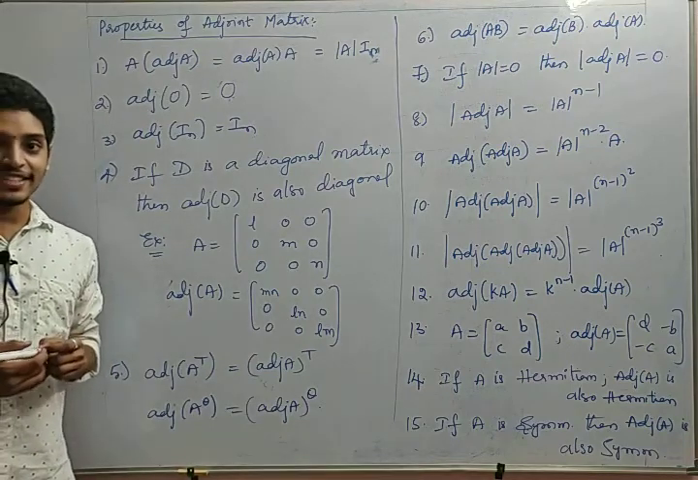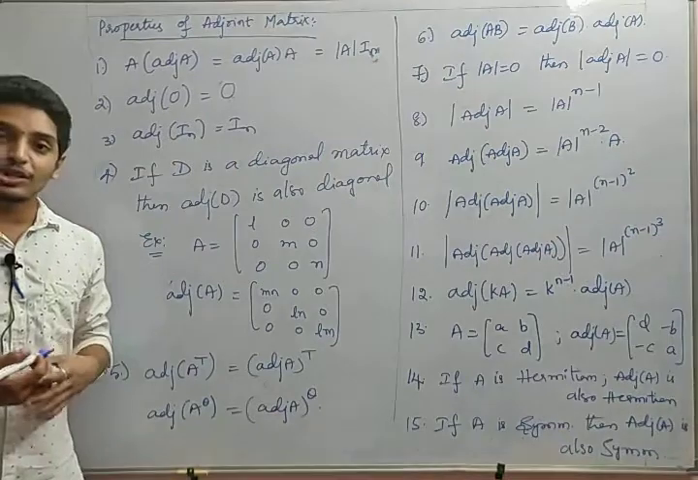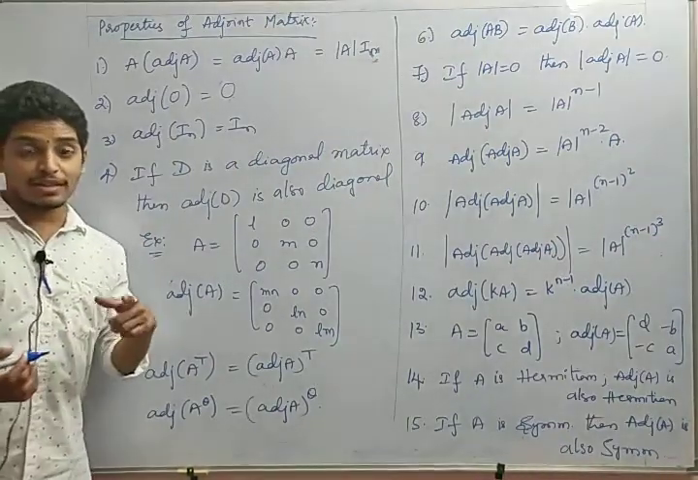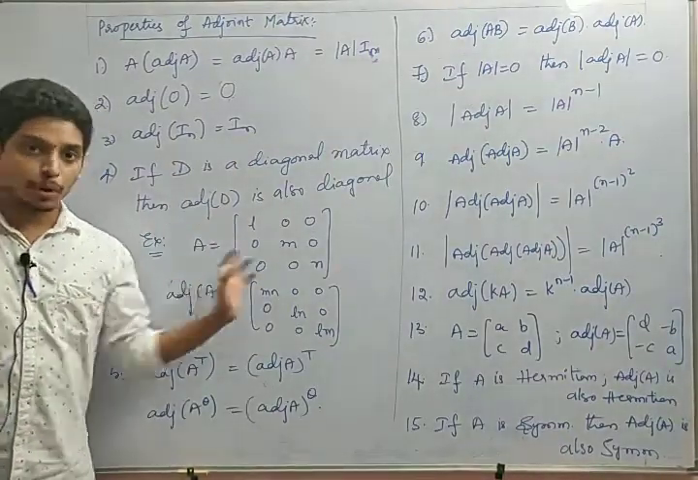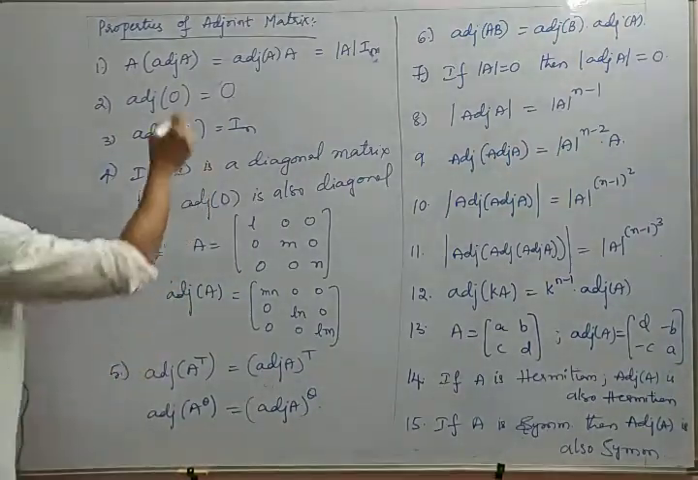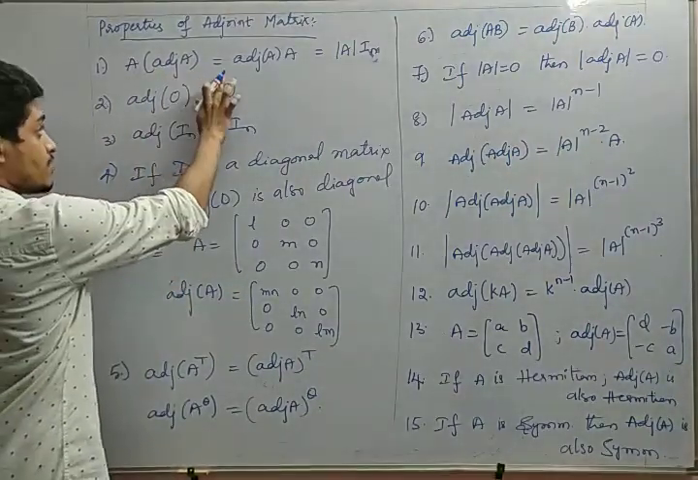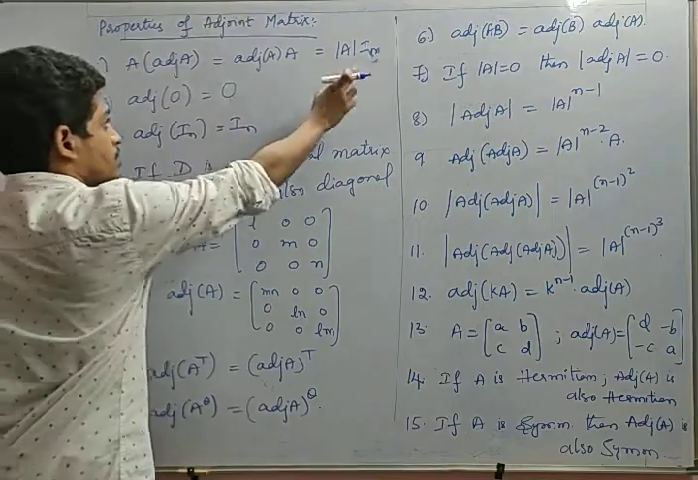Okay, friends, now let us see the properties of the adjoint of the matrix. Hope you understand the shortcut of the adjoint. Now let us see the properties. Okay, see friends, first one: A into adjoint A equals adjoint A into A equals determinant A into